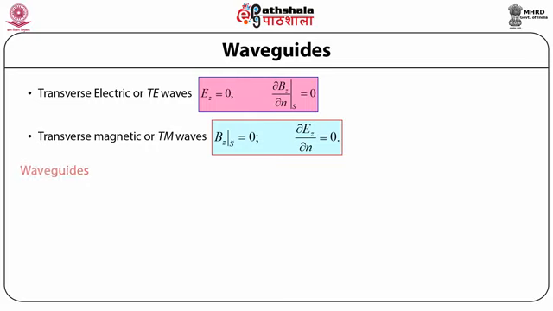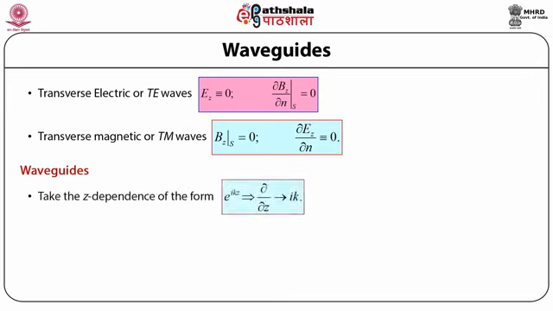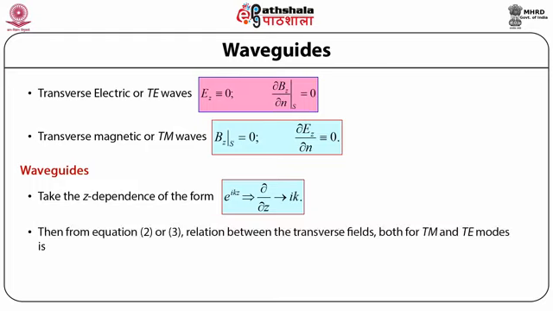Now let us look at the waveguides. So let us take the Z dependence of the form e to the power iota times k times z, then del by del z can then be represented or replaced by iota times k. So using the equations that we had defined above for the transverse components of the electric field and magnetic field, that is, when we had written down the Maxwell's equations in terms of the transverse and the longitudinal components of the electric and the magnetic fields. So using those equations and the relation between the transverse fields, both for the transverse magnetic and the transverse electric modes,